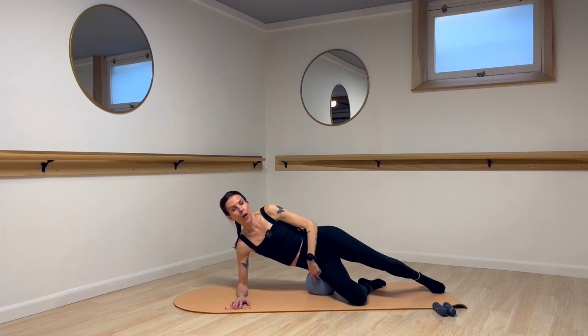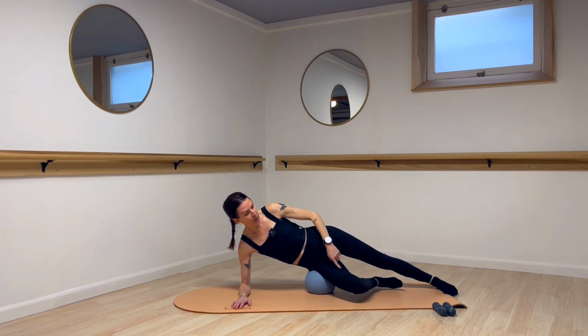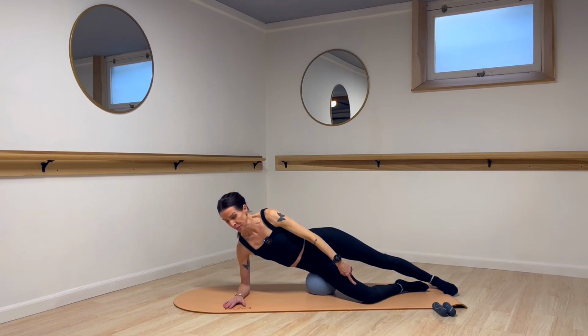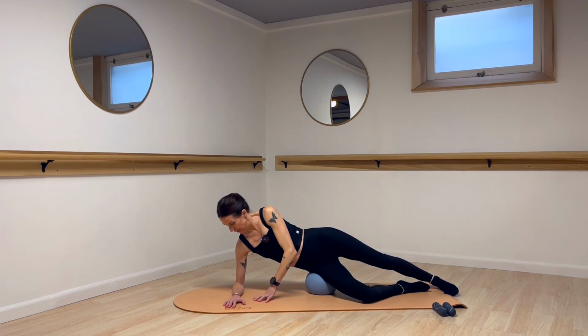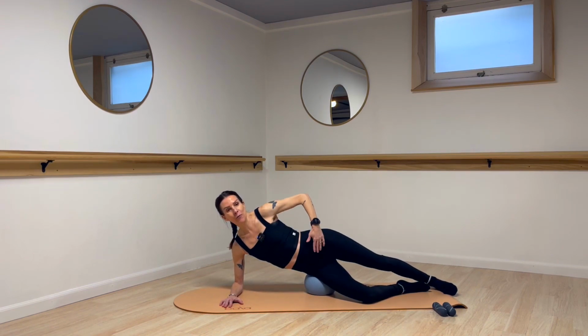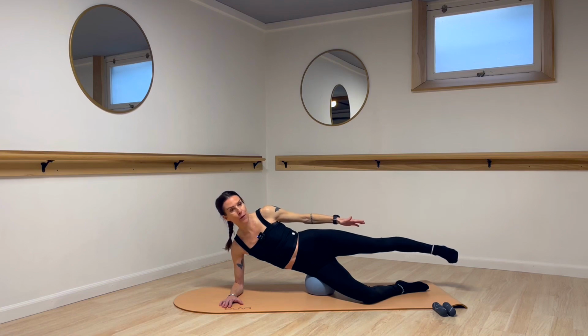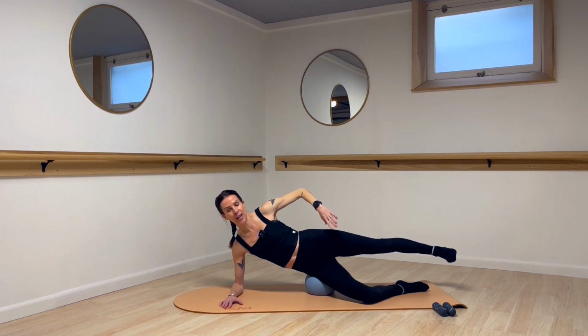So we'll place our ball under our hip, and then your bottom knee is gonna go out on a slight diagonal with your knee on the floor. Forearm down, elbow's gonna go straight under the shoulder or out a little bit farther. And then we're gonna stack the hips. So think about the very front point of your hip bones being right over the top of one another. Top leg, we're gonna float the leg up, flexing the foot, keeping the leg straight out from the hip, and